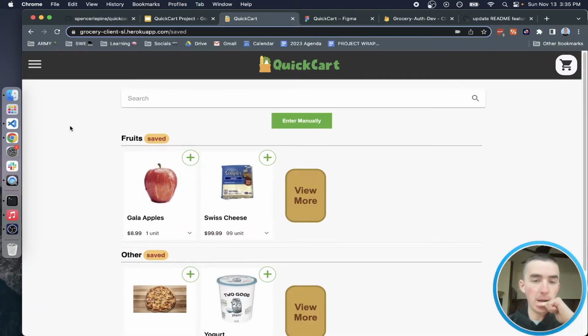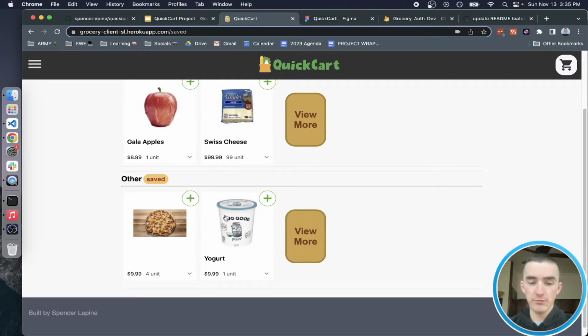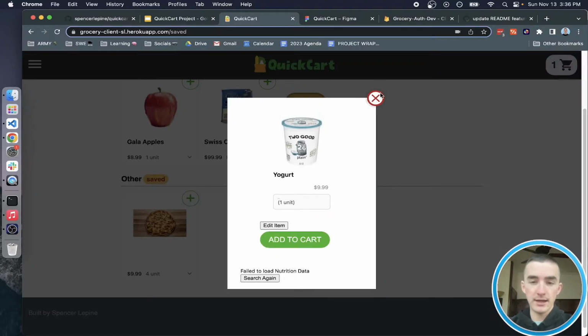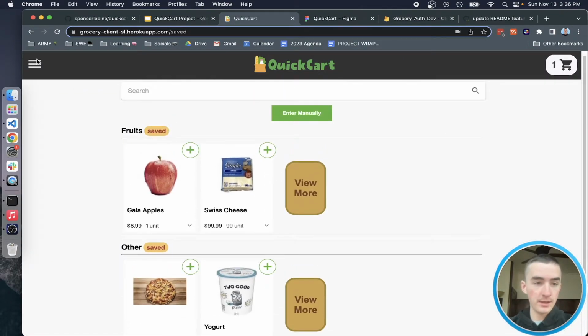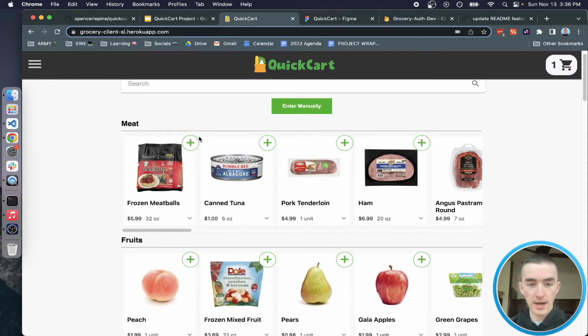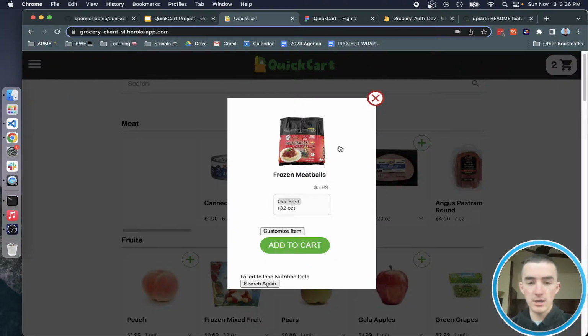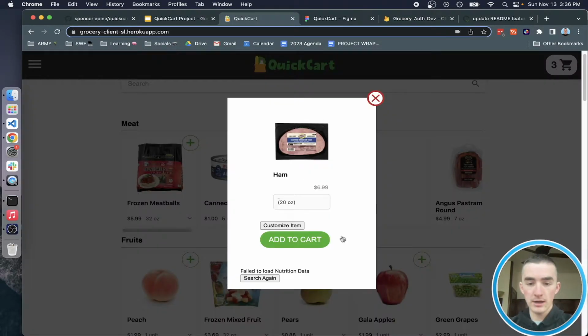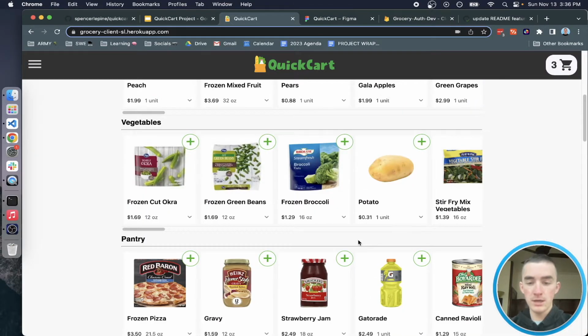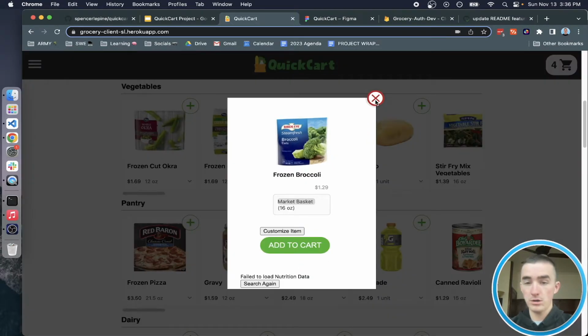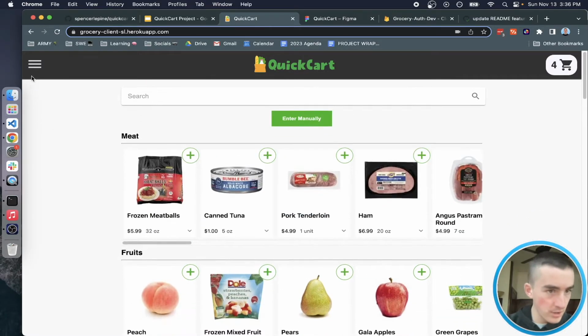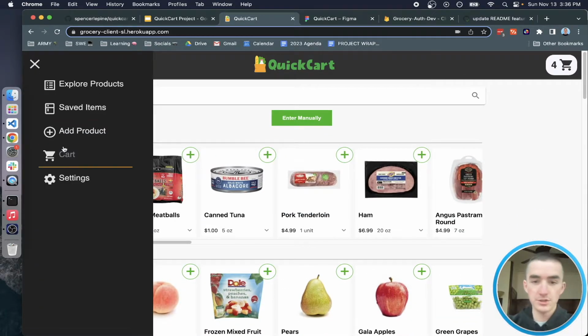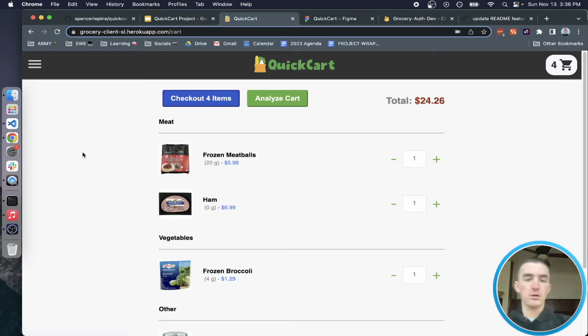So now on our saved page, we can see what we created. Let's say that's what I want to buy. Let's add that to the cart. Let me go to the home page, add a couple more products. We're gonna get some meat, some ham, and of course, broccoli, essential. Cool. All right, so now we can head over to our cart,